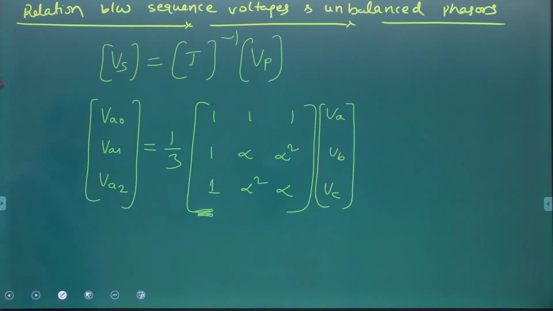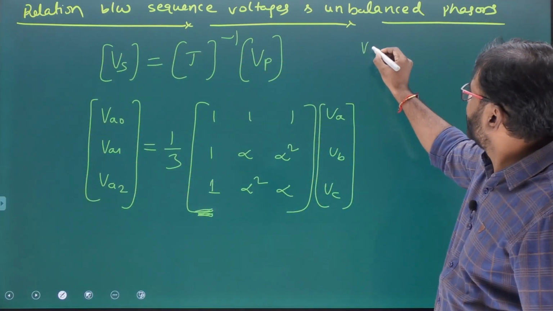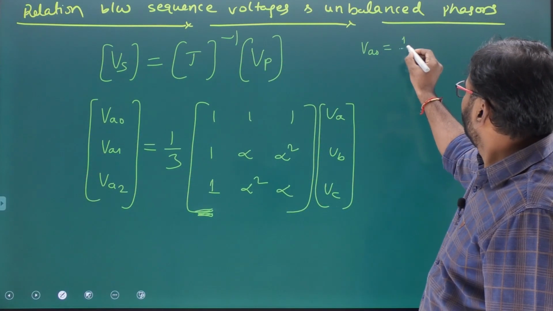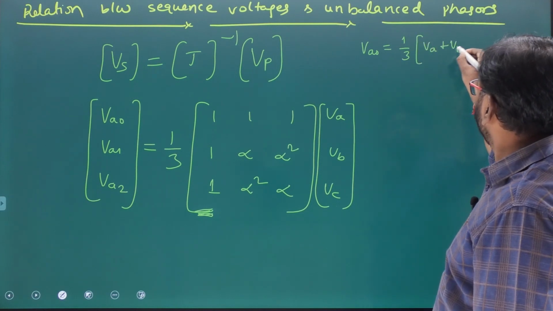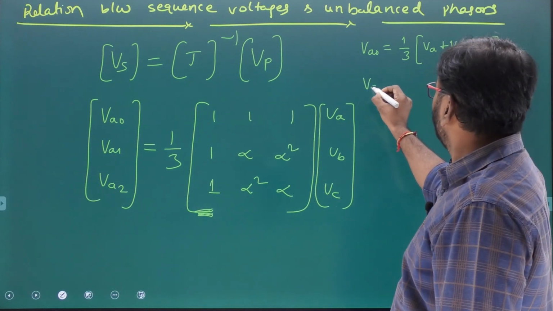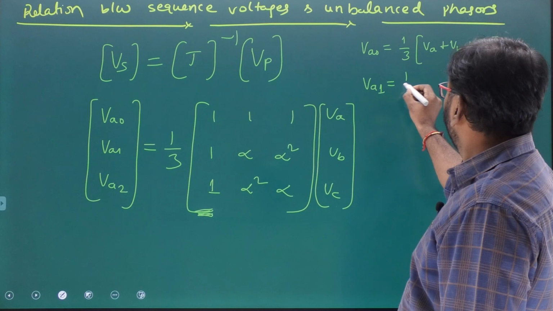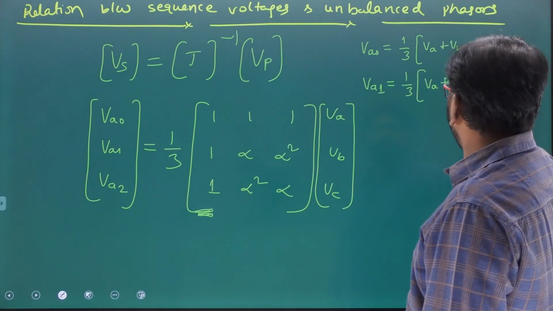That's it. But one thing you need to notice here, the expression for VA0 is directly 1 by 3 times VA plus VB plus VC. The expression for VA1 is 1 by 3 times VA plus alpha VB